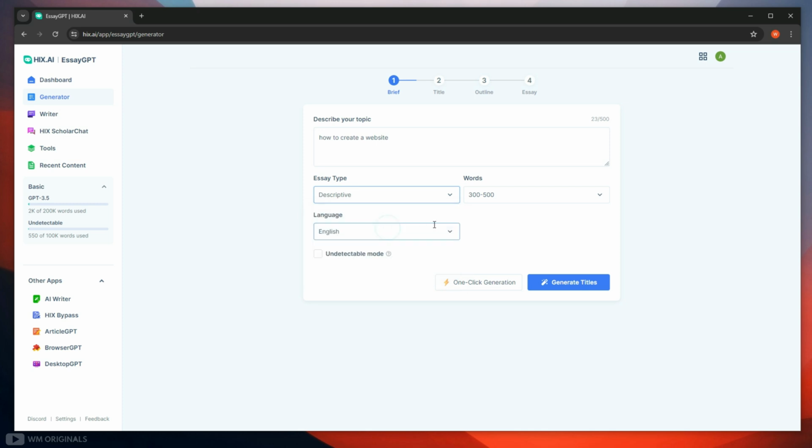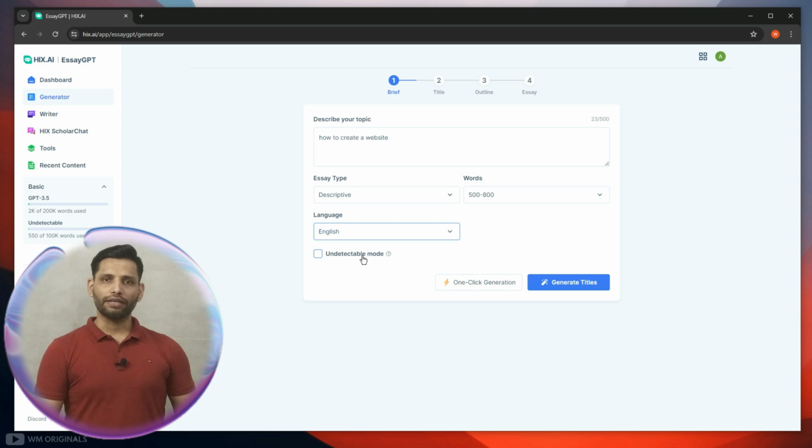Selected descriptive. Now from here we can choose words like 100 to 200, 300 to 500 and 500 to 800. As we are creating an essay, selected 500 to 800. Next, we can choose language. Here we get so many options with different regional language support. Choose as per your requirement. I am selecting English.